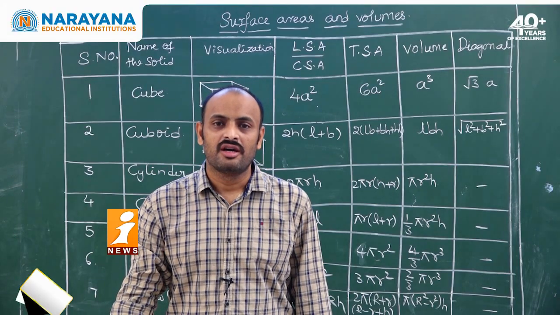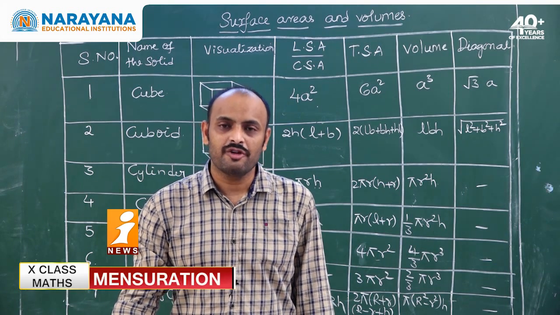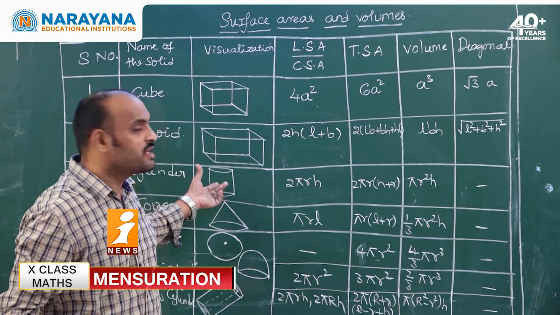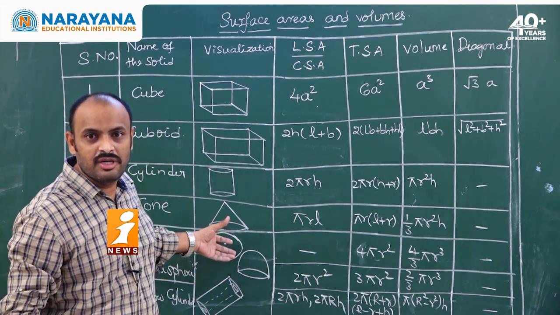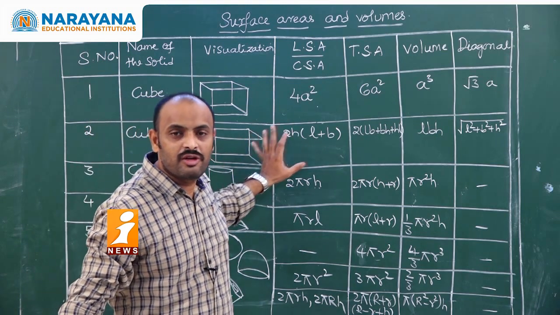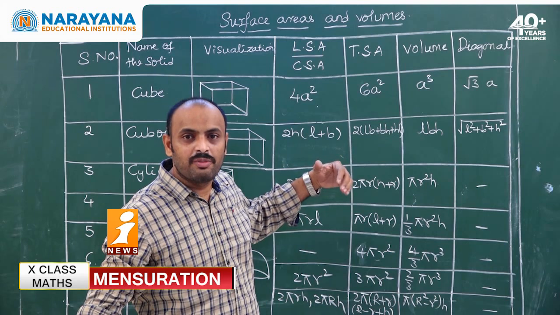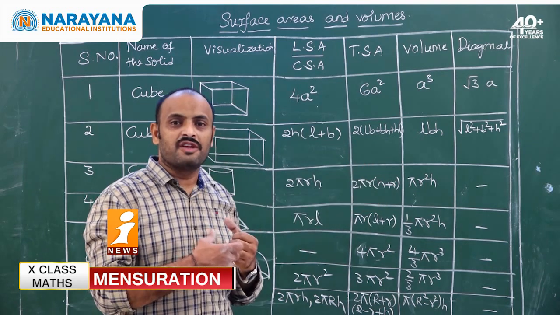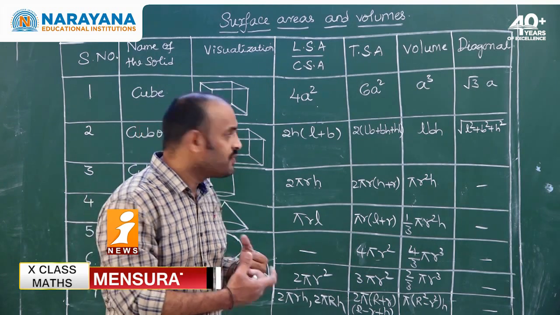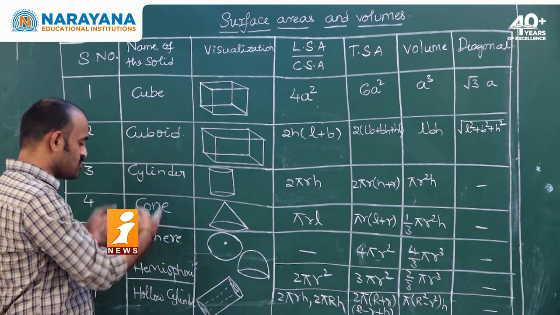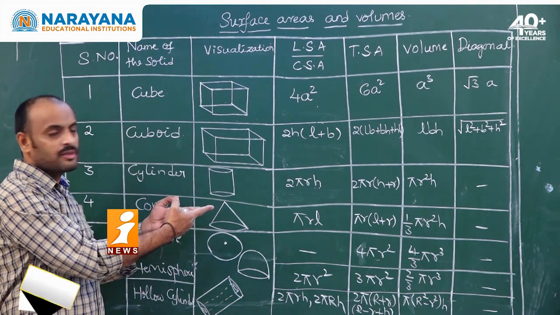We are going to see how to use these surface areas and volumes of each solid. Before seeing it, we have put all the solids in tabular form. Let's have a look, then we will go to the other topic: how to use them and implement them in the questions, which surface area has to be used, where we have to use volume and all. First, see all the solids we discussed yesterday, which I have put in tabular form.